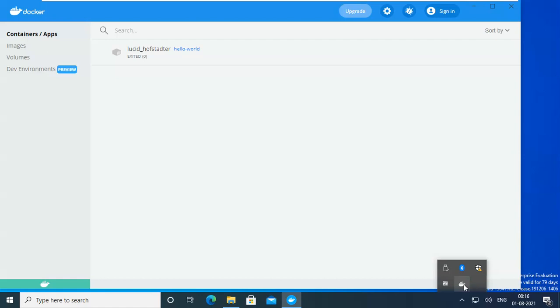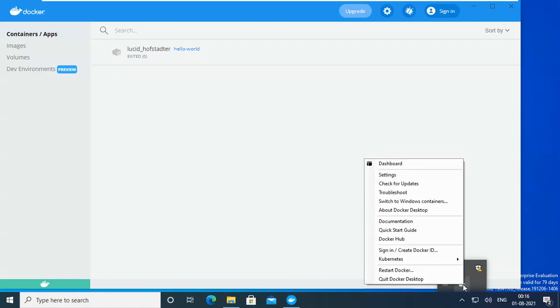Right click or left click, right click was not working, yeah, now it is working. You can quit, you can restart, you can use Kubernetes, but we have not enabled that. For Docker Hub, you can connect in settings. Here it is showing switch to Windows containers. It should be like that compulsorily, because we are in Linux container mode. Windows container mode is not working properly. When I got that issue and checked it, it was showing it is better to switch to Linux containers.